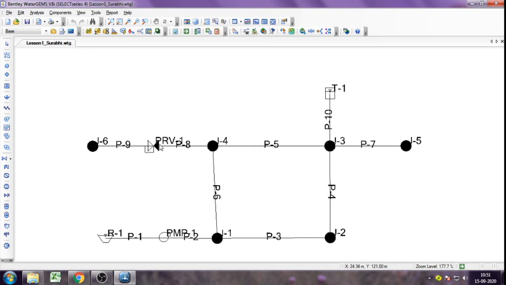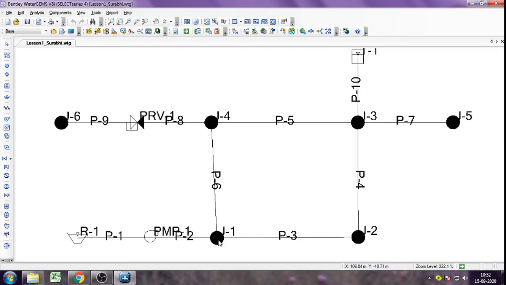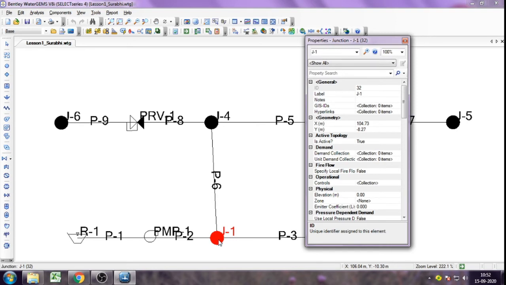Now we will move on to the next, the junctions. For junctions we need to provide two inputs, that is its elevation and its demand. We will do that individually. Similarly, as in the previous classes, double click junction 1 and write the elevation value, which is given as 184 meter, and we will define its zone as zone 1.